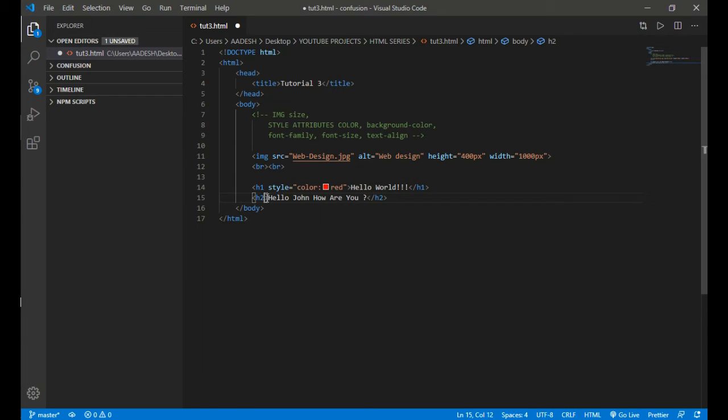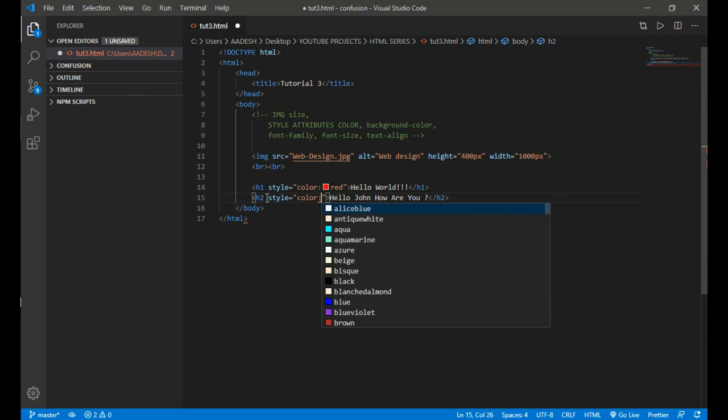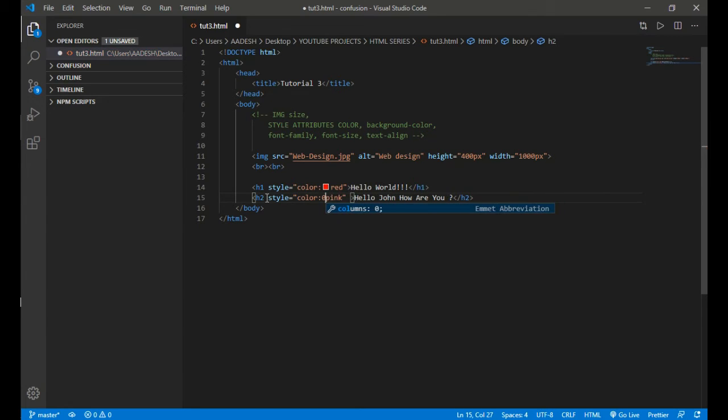Then style, color, if you want to change the color of the H2, pink. This will change the font color of the text inside H2 to pink.